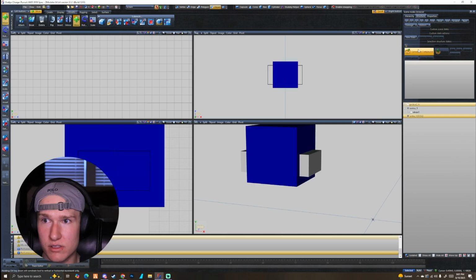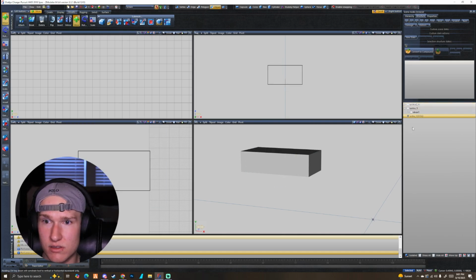And all we're going to do for this is simply watch very closely. This is different. We're going to do collision, convert to compound. And that's how easy it is to make a collision